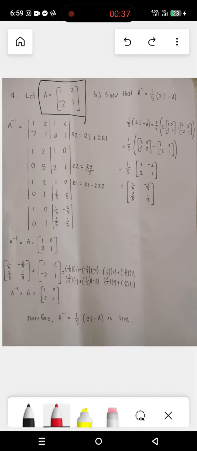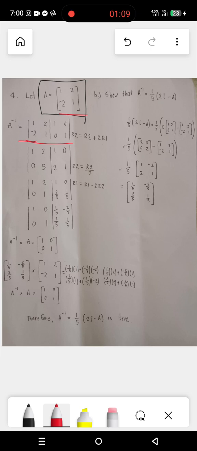So our step 1 is we're going to use Gauss-Jordan elimination for both the matrix A, this one, and our identity matrix, which is 1, 0, and 0, 1. Why? Because we need to use that in order to find the inverse of A. So first, we're going to turn this negative 2 into 0. So how are we going to do that?